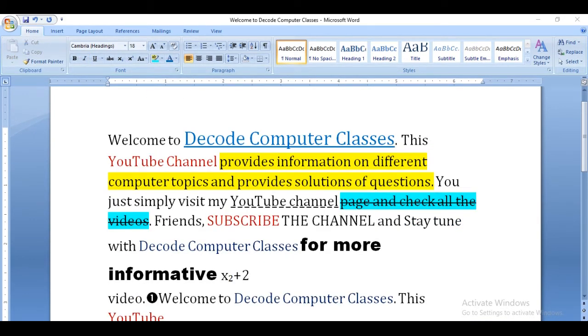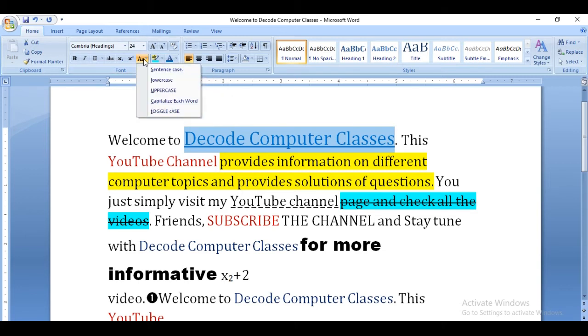Now let's move on to the next feature, change case. Okay, so the change case feature option is here. I'm showing you here how it works. Suppose this is a sentence, right? Let me select this sentence. Okay, now move on to the change case feature. Let's see what information it has. Change all the selected text to uppercase, lowercase or other common capitalization.